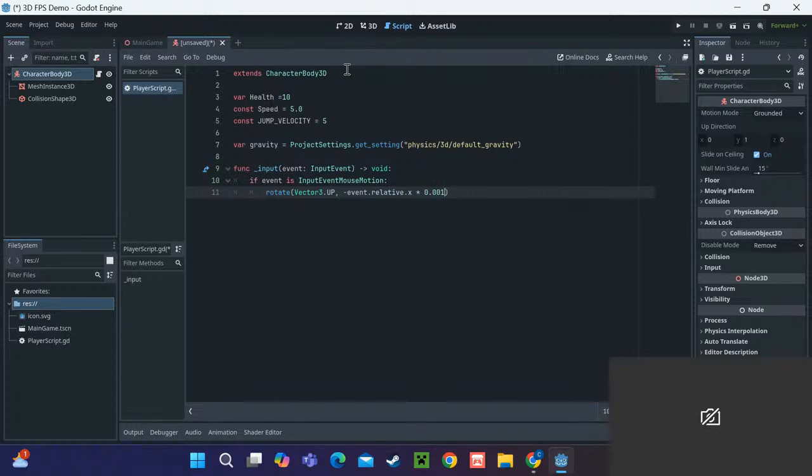So to explain what this little line of code here does, rotate is a function built into this that will rotate your character by whatever amount of, I believe it's radians you give it, I could be wrong. And this is the direction you're giving it. So Vector3.UP is, I believe, just the basic up direction or whatever this is. And then